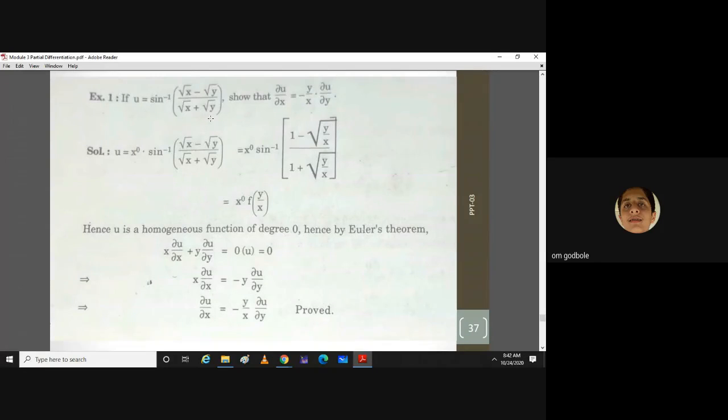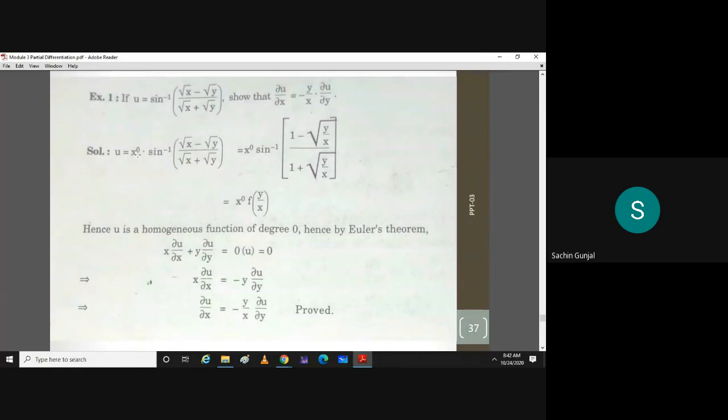Yes, sir. It is homogeneous. Power of t will get cancelled inside the sine inverse function. Okay. Others, do you agree with this? Yes, sir. Good. So t raised to half is here in the numerator, and t raised to half is also there in the denominator, which will get cancelled.